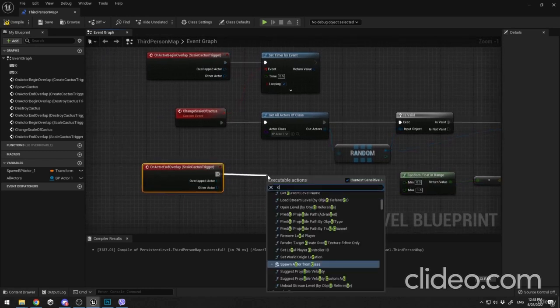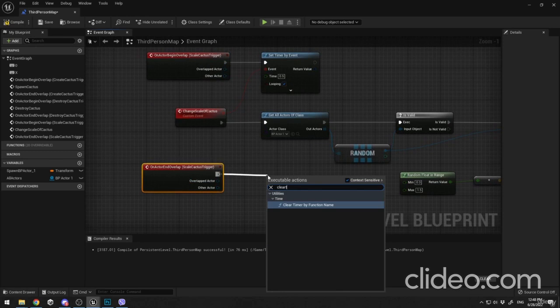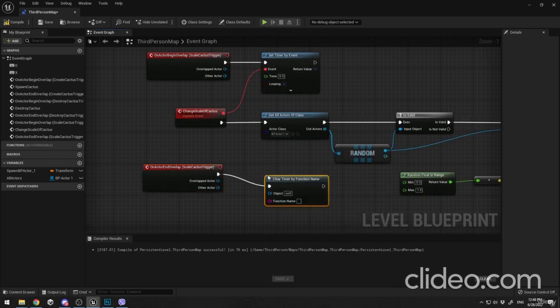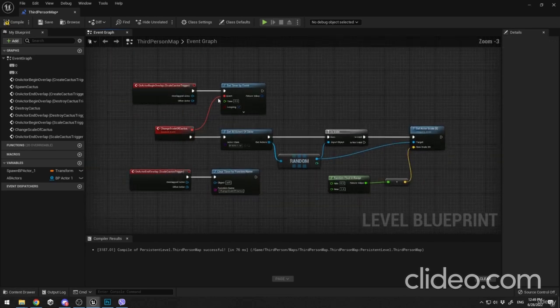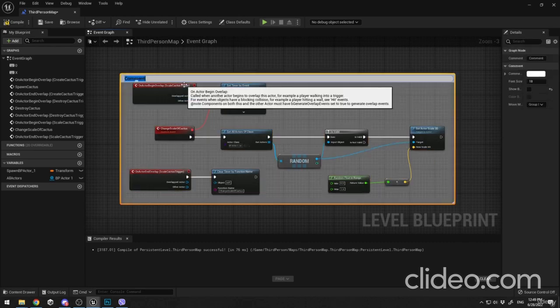What I need to do, clear timer by function name. Great. I'm gonna select this name, put it over here, and we're ready to go. I'm gonna select everything here, comment, and say change cactus